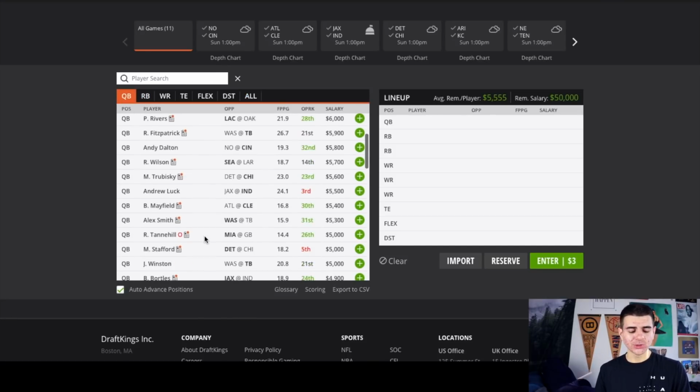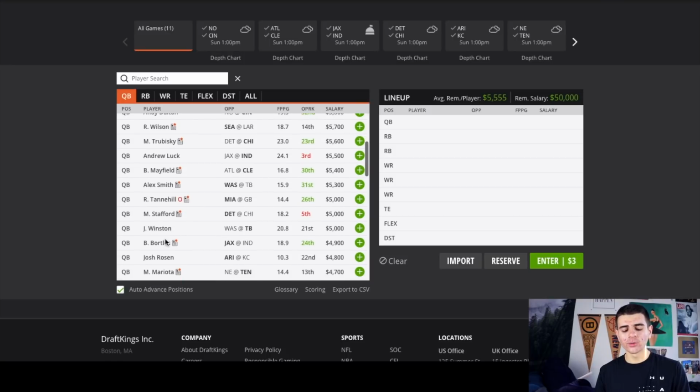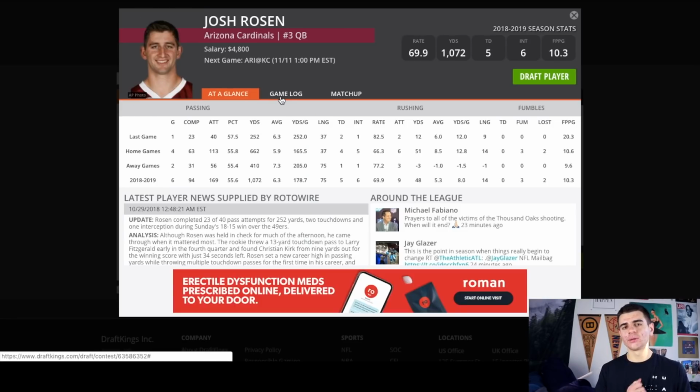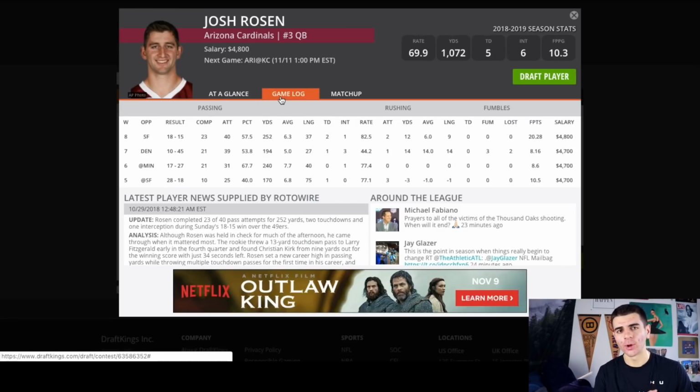Lastly, Josh Rosen. So this is definitely just... I don't know what the ownership is going to be on Rosen. I'm going to guess it's going to be low. They're 16-point underdogs. They're going to have to throw the ball, right? I don't like playing quarterbacks on either side of the ball, but I've already mentioned Rivers has a unique situation this week. Kind of like Rosen at 4,800, right? Sneaky play. Not a lot of people are going to play this guy